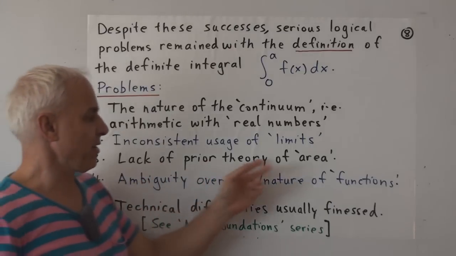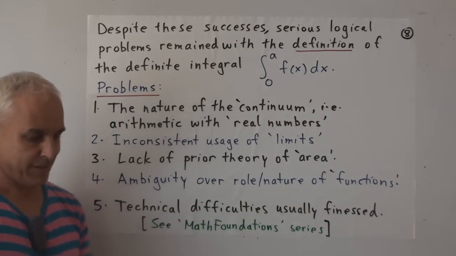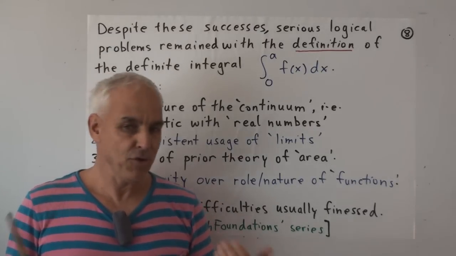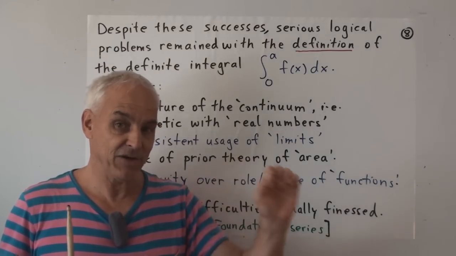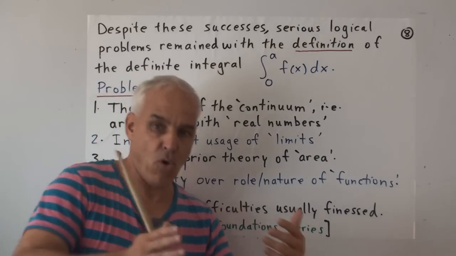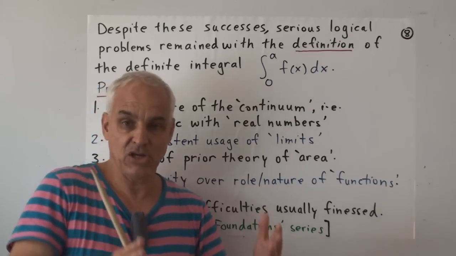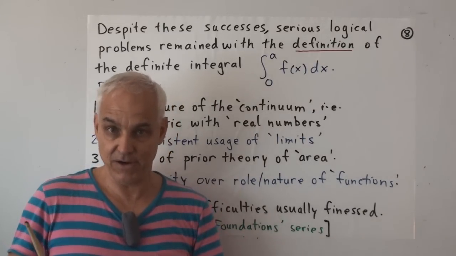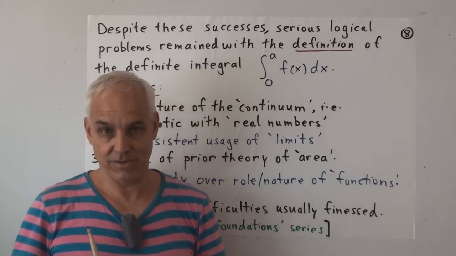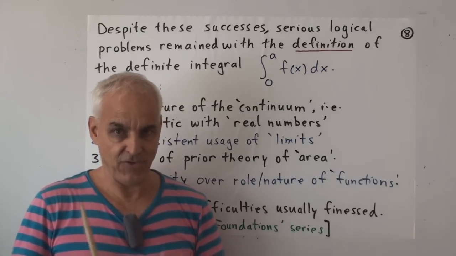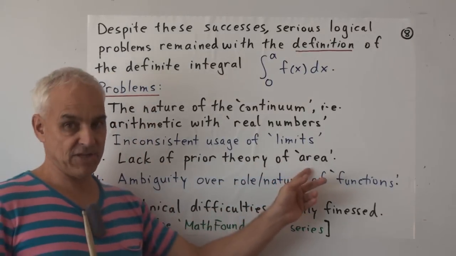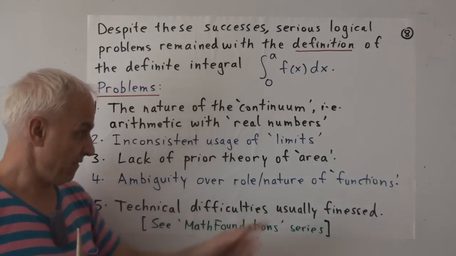Then there's this lack of a prior theory of area. If you're going to build up integration as a generalization of area, it behooves you to have a theory of area of polygonal figures first. So the chapter before the chapter on integration ought to be a chapter on areas of polygonal figures. Turns out that that's considerably more subtle than people imagine. It's not just area of rectangles and area of triangles. It's more complicated than that. And that theory is largely absent from our modern treatments. Very big omission.